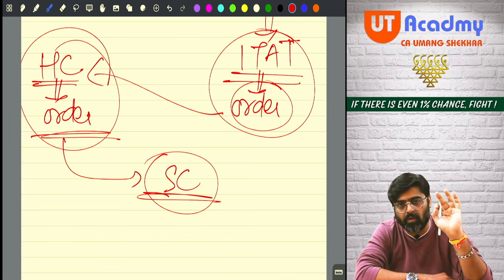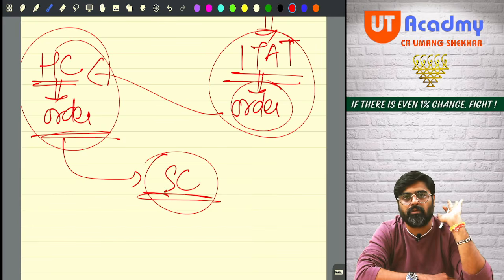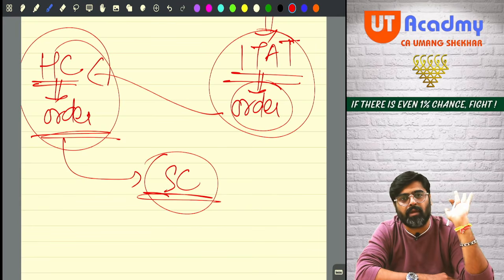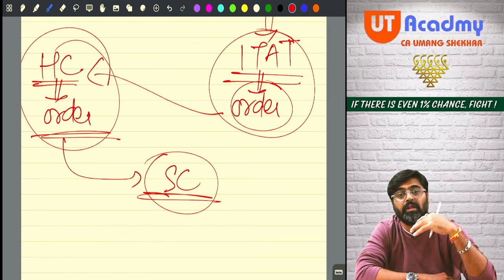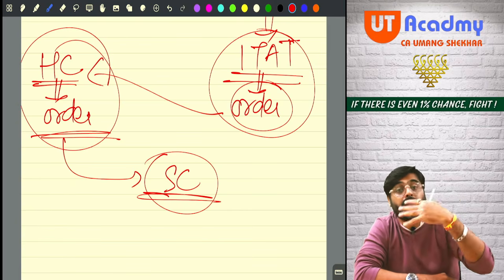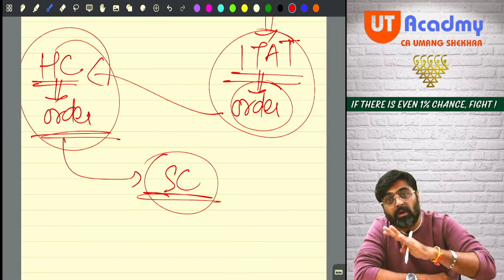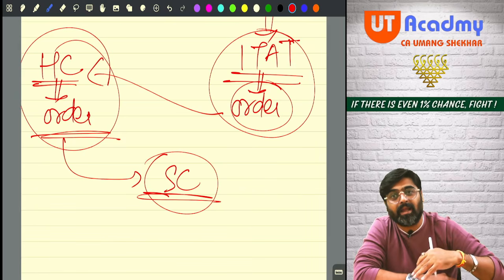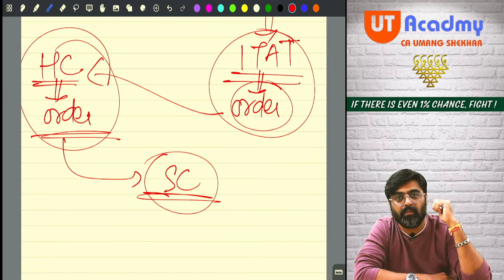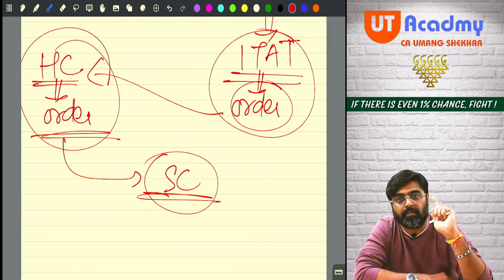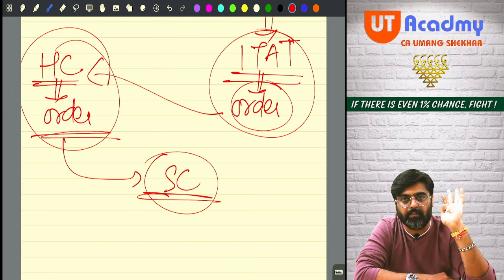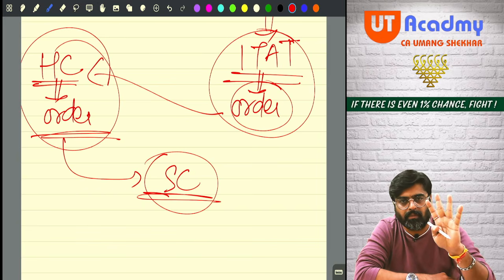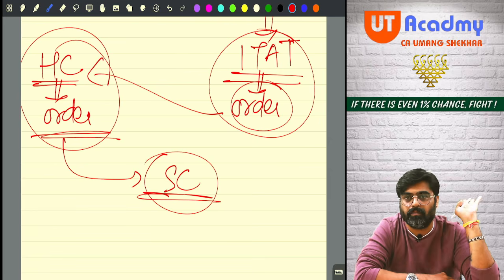But I would strongly recommend that you write down all those things. Okay, it will not take more than 45 minutes. Even if you write and revise, it still will not take more than 45 minutes of your time. Because to explain the things which you are learning for the first time takes more time. But once you have learned something, to revise it takes almost one-third the time. Even if you write, it will not take much of your time. So I would strongly recommend writing things down, it will help you immensely. The things will be retained for a longer duration of time. But if you are not writing, no problem. But at least revise the things at home.